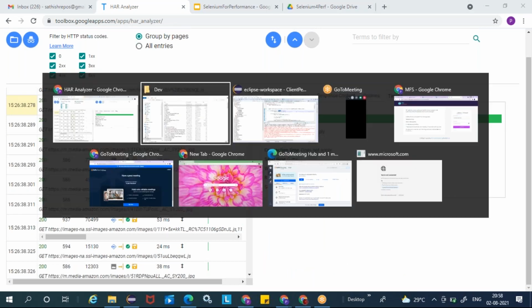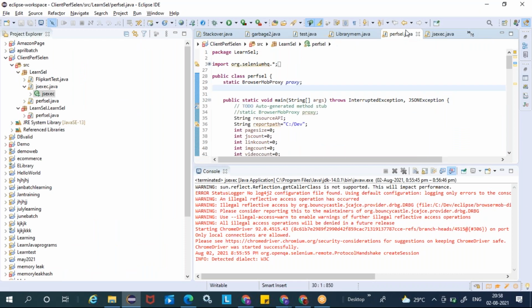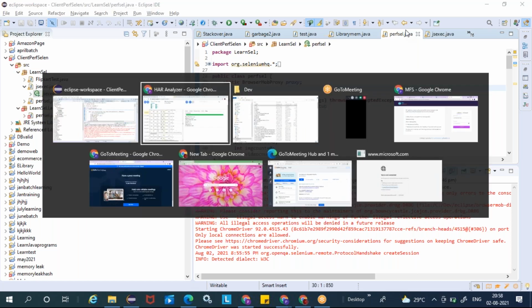Okay, so these are the things we are going to learn: how to get this client-side performance automated using your Selenium script. First, we'll go and record, see how to import the Selenium jar files, and how to make use of the Selenium ID to locate different objects in your HTML page. So all these things you will learn from day 1 to day 5 or day 6.